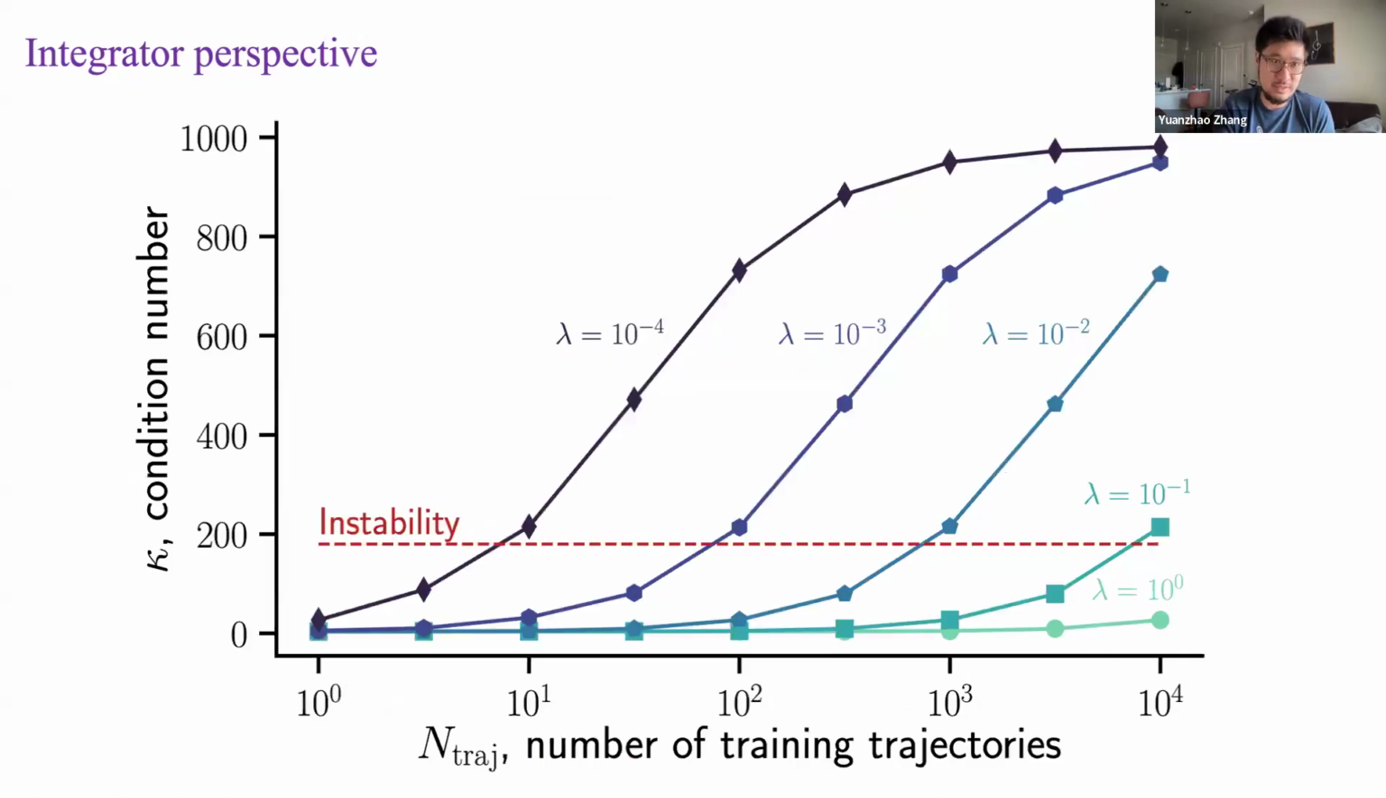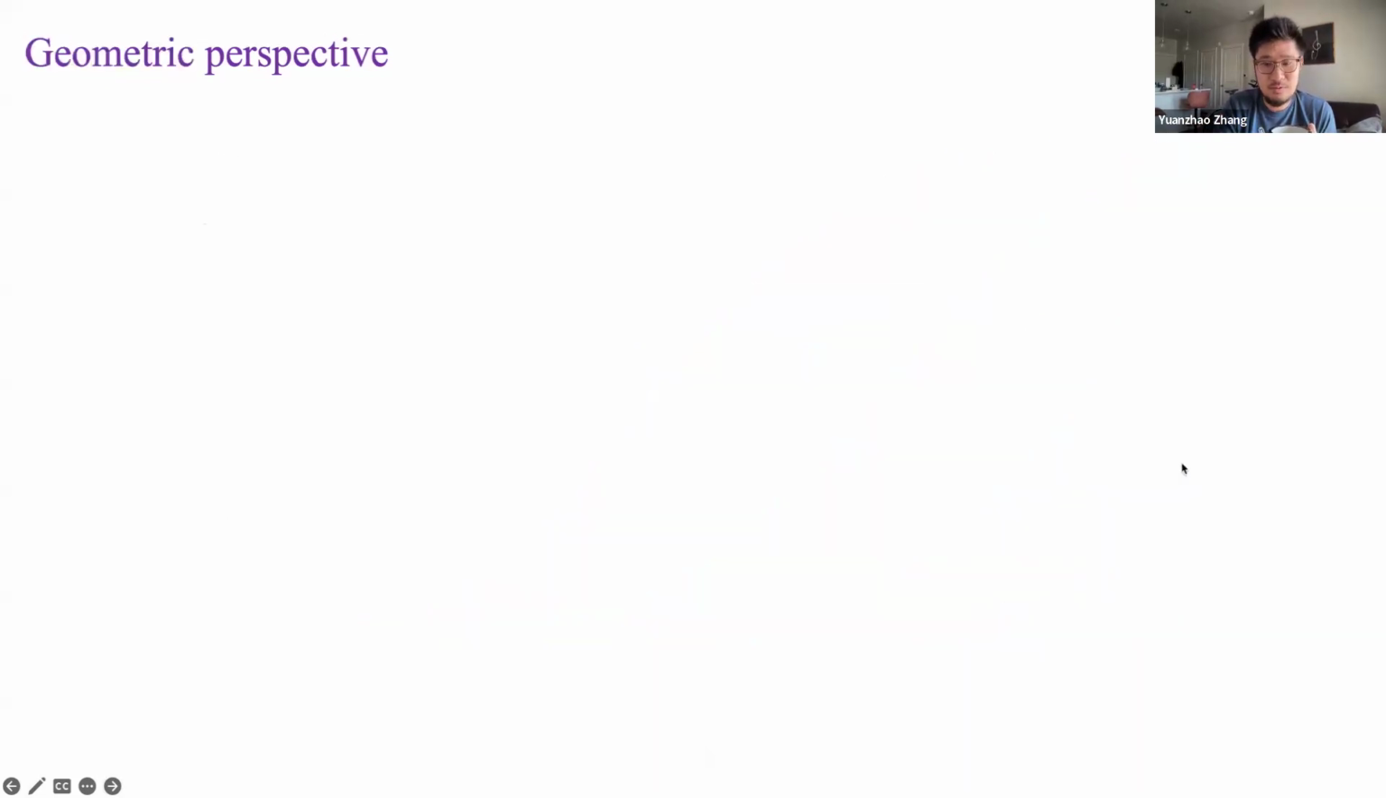So this is just showing the condition number for the output matrix, which actually grows rapidly with the number of training trajectories and becomes unstable at some point. So we can also see this from a more geometric perspective,